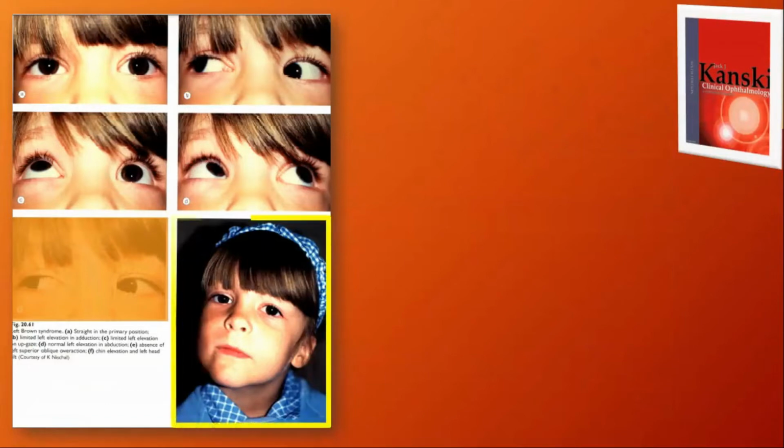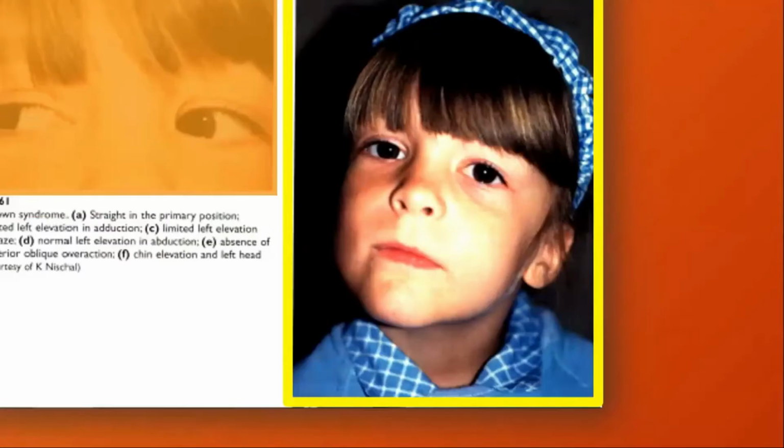Let's go one by one. Here is an advantage because he presented us with a case with abnormal head posture. Can you comment on the head posture in this case? If you remember, sometimes the abnormal head posture has more than one component. So if we have all components, we will get something in the chin elevation or depression, right or left head tilt, right or left face turn. So what do you see in this photo? The most prominent component here. Ma'am, chin elevation, ma'am, right face turn, and left head tilt. Excellent.